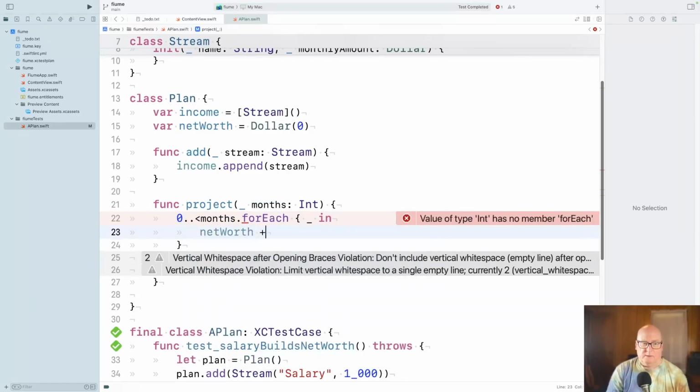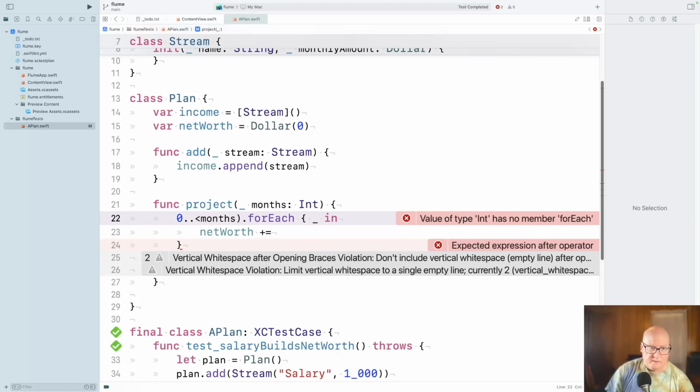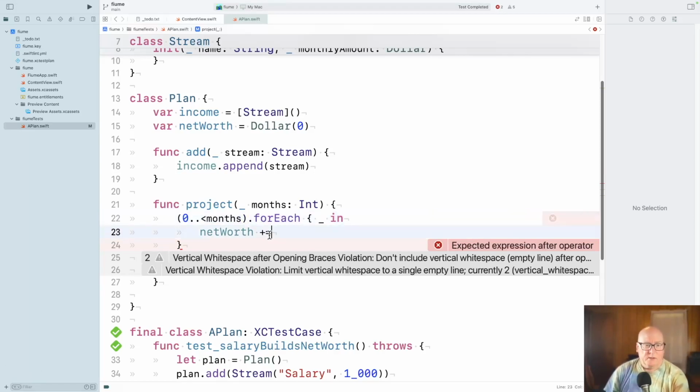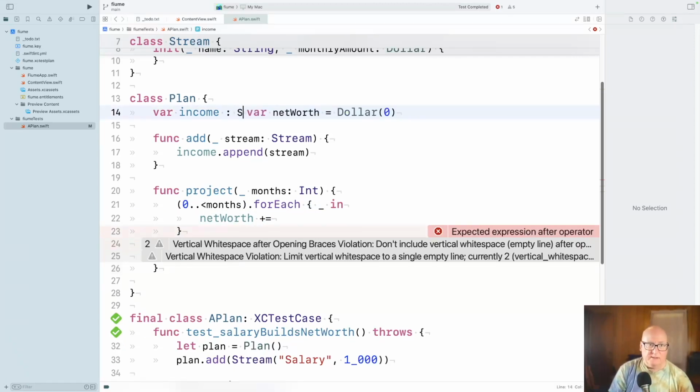Net worth plus equals. Well, it's really. Yeah, I could see doing that. But I think what I want to do with net worth. Well, let's just make it a stream for a minute here. We haven't got two yet.